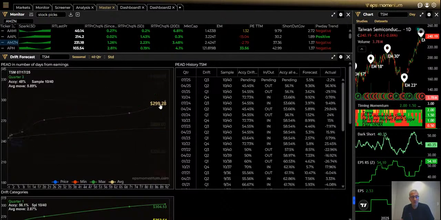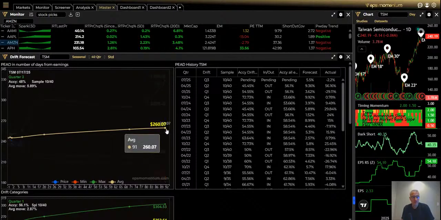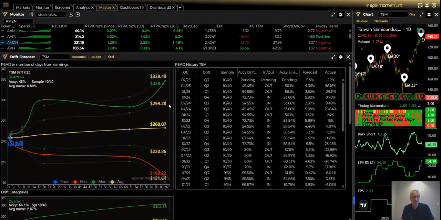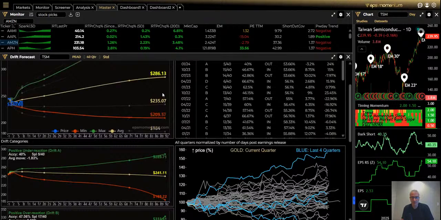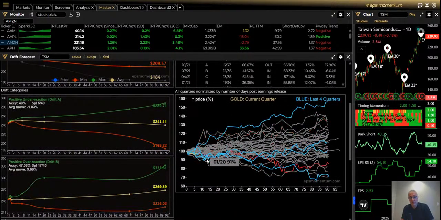There you go. So we see a 266. This is a 260 and 299. So the seasonal effect would be between 220 and 299. So above 260 is the region where both the seasonal and the post-earning announcement drift are pointing to, which is very interesting and very useful. Here you have